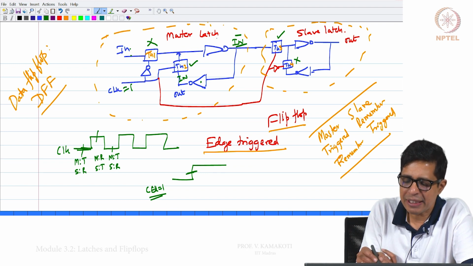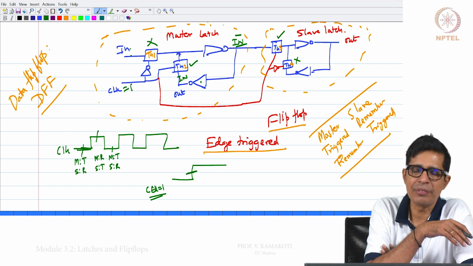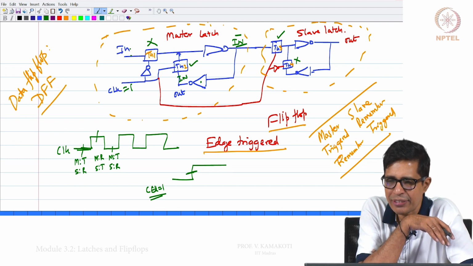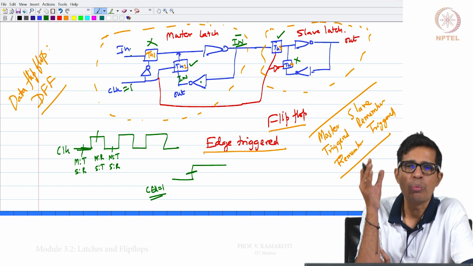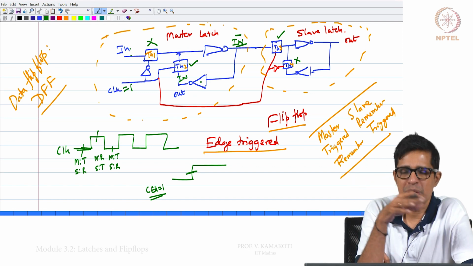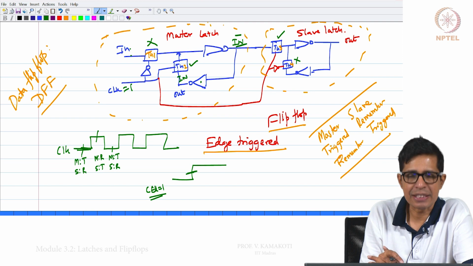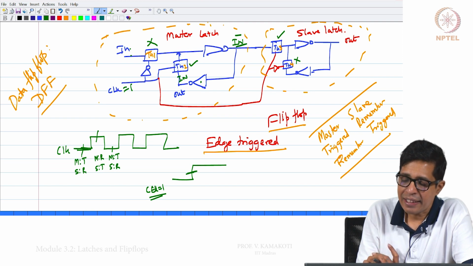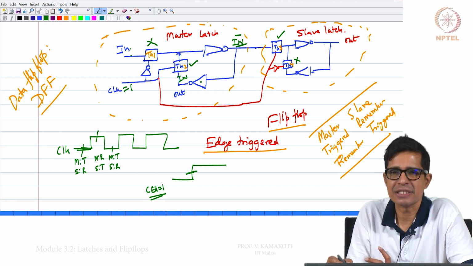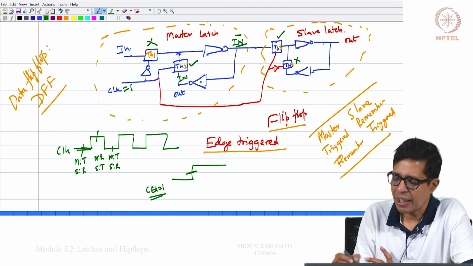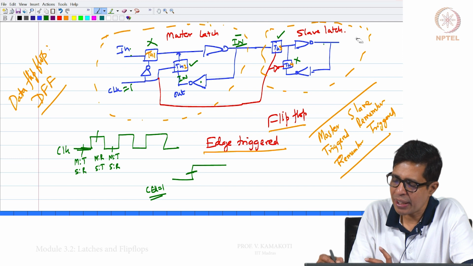So, what will the master latch remember? As we have just shown in the previous slide, just before the clock becoming 1, whatever was there in the input, that will be remembered by the master latch, right, and the negation of that, in bar, will be fetched to the slave latch. What will be the output of this slave latch?